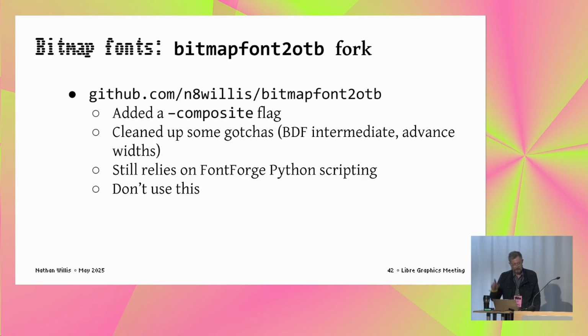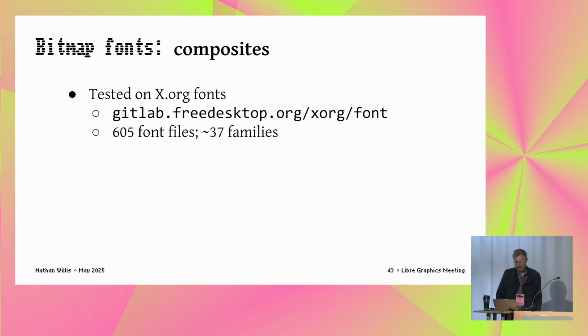And with that flag on, it draws one pixel glyph, and then for each thing that it processes in the input font, it just references those in a new TrueType glyph. I cleaned up a bunch of other gotchas. I later on discovered that Frederick had written the script as a proof of concept, and it has some things it's not doing right. The PDFs are not getting the metrics right and things. So I don't recommend you use this. I think it needs to be rewritten in FontTools itself, probably.